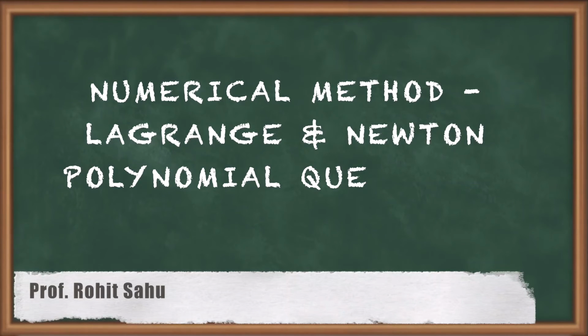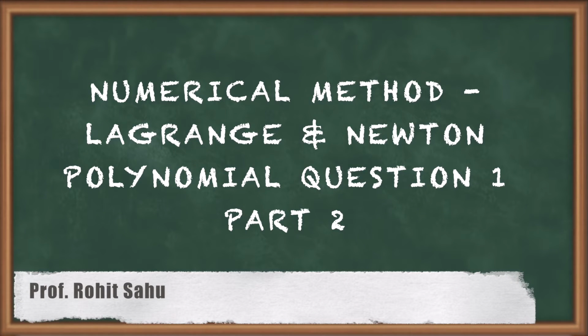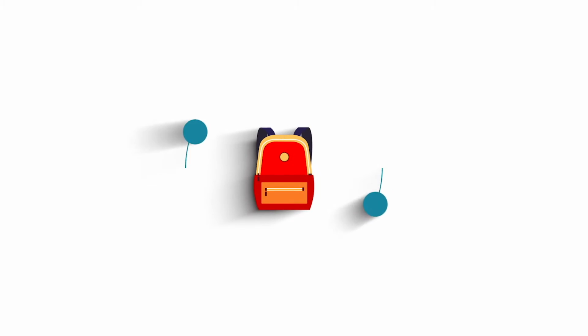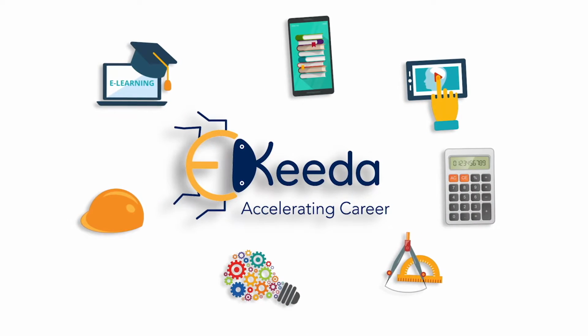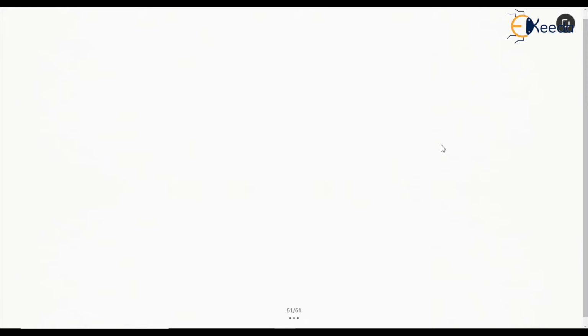Hello everyone. In this session we'll see a question on Lagrange's and Newton's polynomial. So this value is going to be simply 1 plus x square. Now for the same example, same data, coming to the Lagrange's is done. Coming to Newton's polynomial,